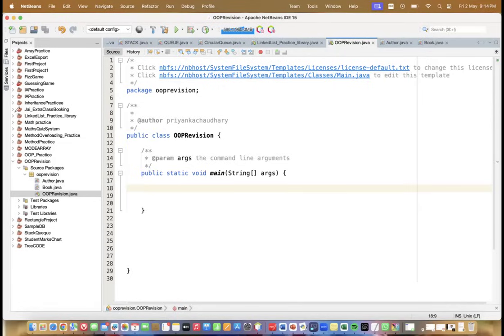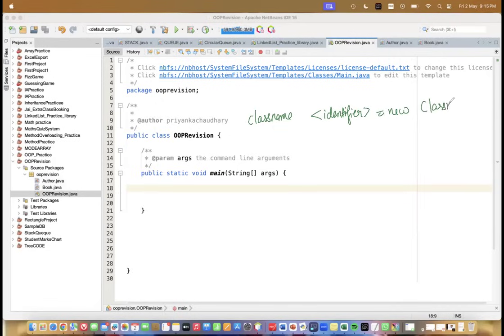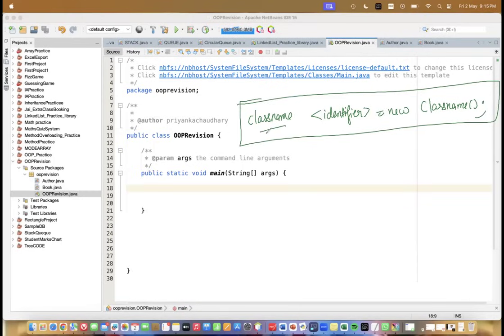The syntax of creating an object is: you write the class name, then the object name, whatever name you want to give, which is basically an identifier, then equal to new, class name, then brackets start and close, and a semicolon. You have to learn this syntax because in the IBDP exam they can give you 2-3 classes and ask you to construct a code. They will ask a question like this way: construct a code